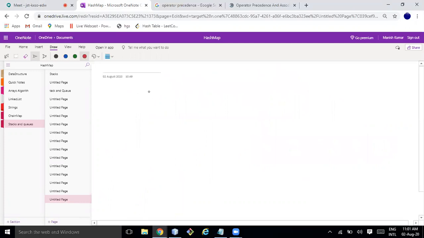Okay, so 2 plus 4 into 7. The postfix expression would be 4, 7 into 2 plus. So what if I try doing it like this? Again, I will have one stack.